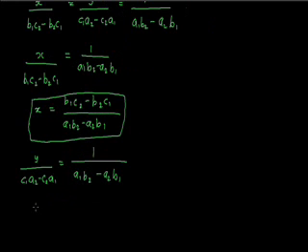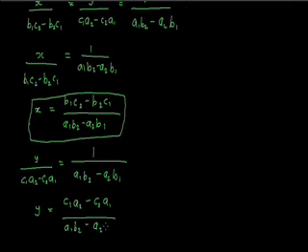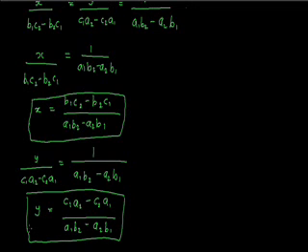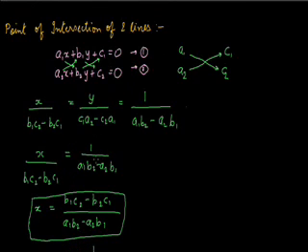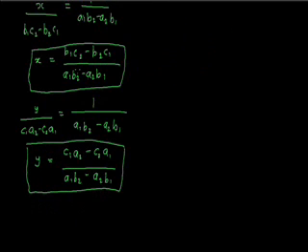So this can further be written as y is equal to (c1 a2 minus c2 a1) upon (a1 b2 minus a2 b1). So from this I'll get the value of the y coordinate of the point of intersection. Hence, if a1x plus b1y plus c1 equal to 0 and a2x plus b2y plus c2 equal to 0 are the two lines, then the point of intersection of these two lines are x and y, where the coordinates x